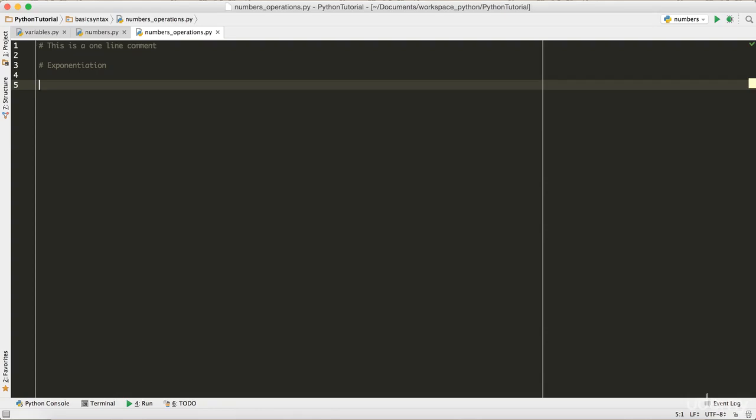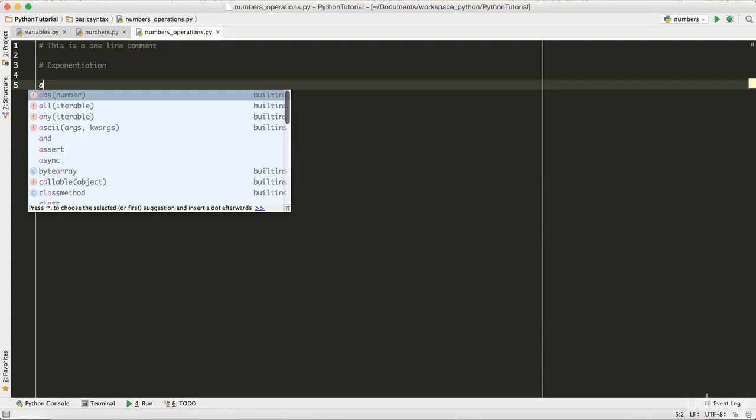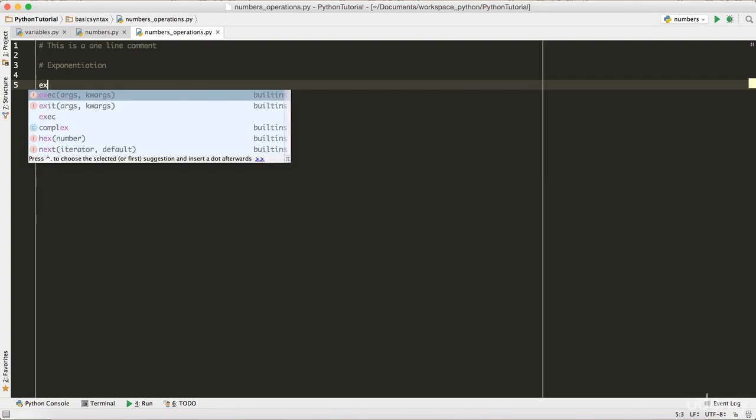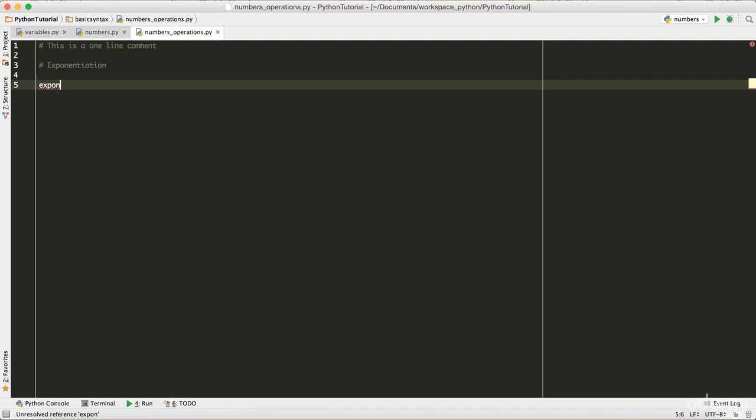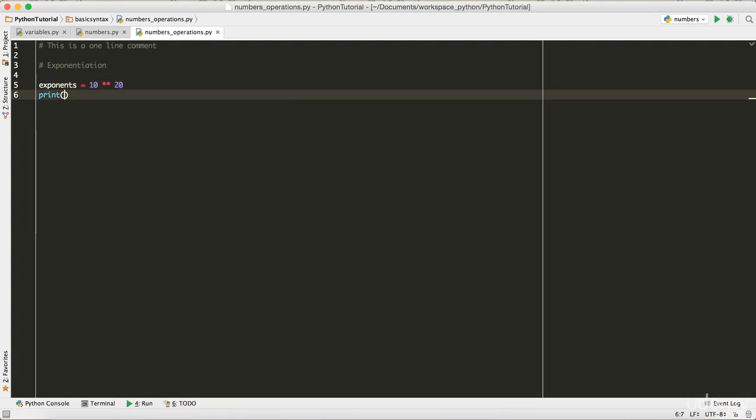So let's type here some variable name, maybe called a, or maybe let's make it more intuitive, so expo, exponent, something like that. Let's make it easy to understand. What I'm gonna try to find is maybe 10 to the power 20. Just notice the difference, guys. I'm gonna put double asterisk, and I can say 10 to the power 20, right? This is similar to multiplication. So let's print exponents and save the file.